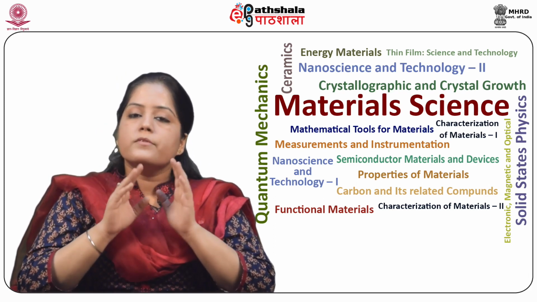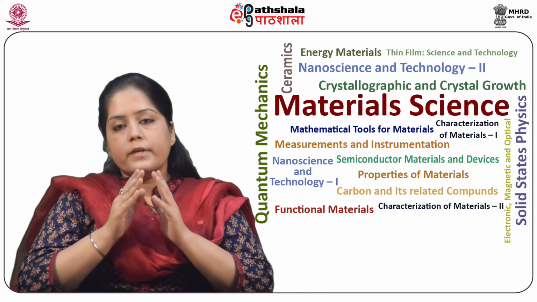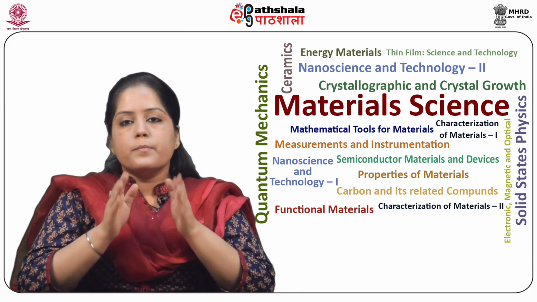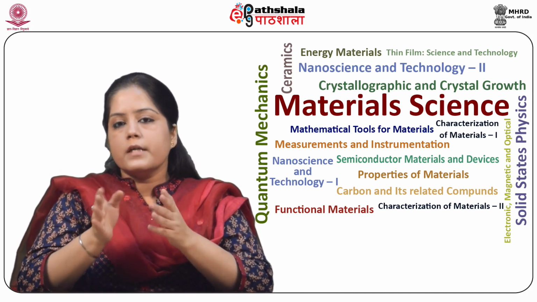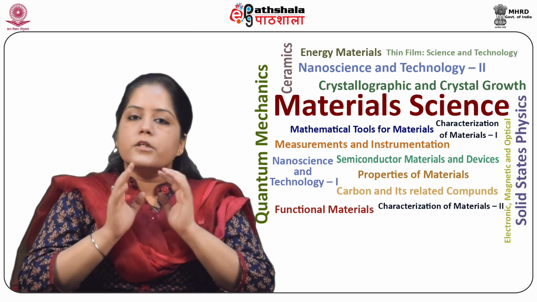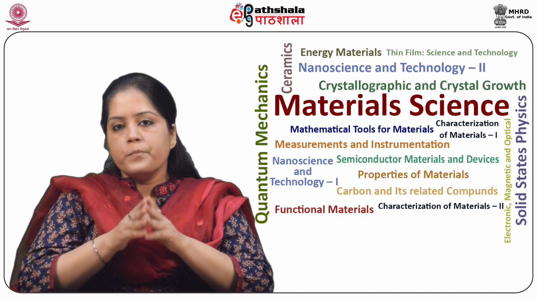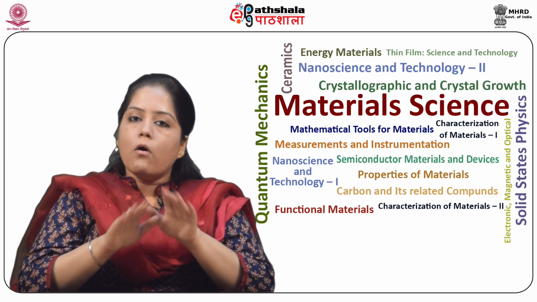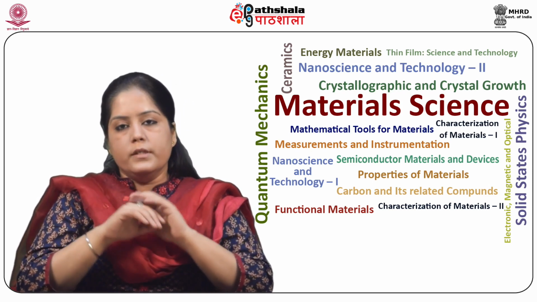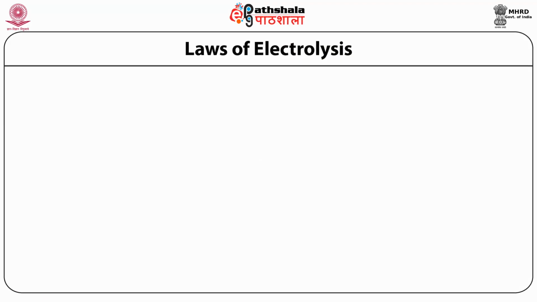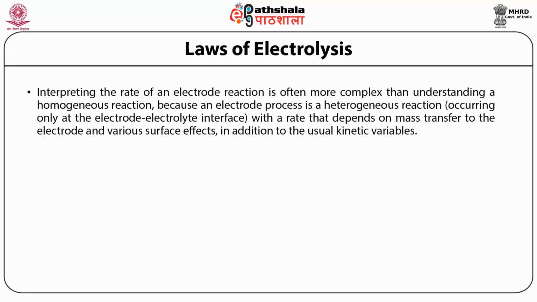Second, if the same quantity of electricity is passed through different electrolytes, the different amounts of chemical changes produced are all chemically equivalent. So, continuing the discussion on the kinetics of corrosion, interpreting the rate of an electrode reaction is